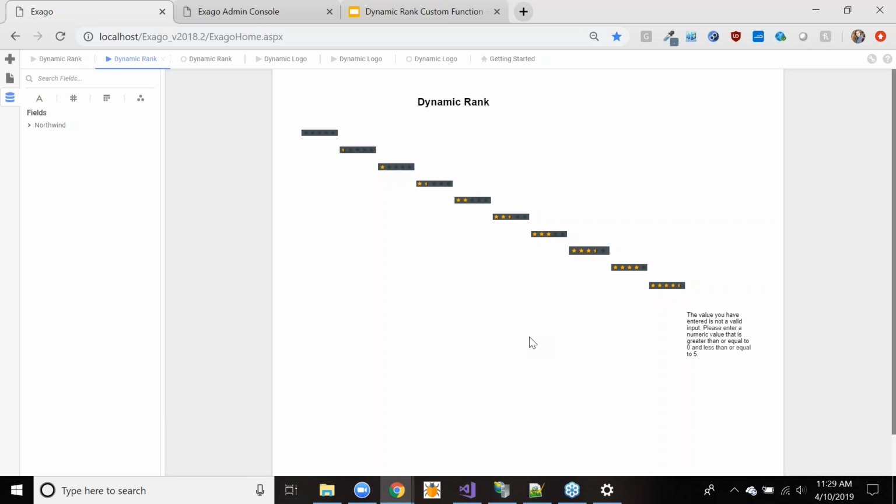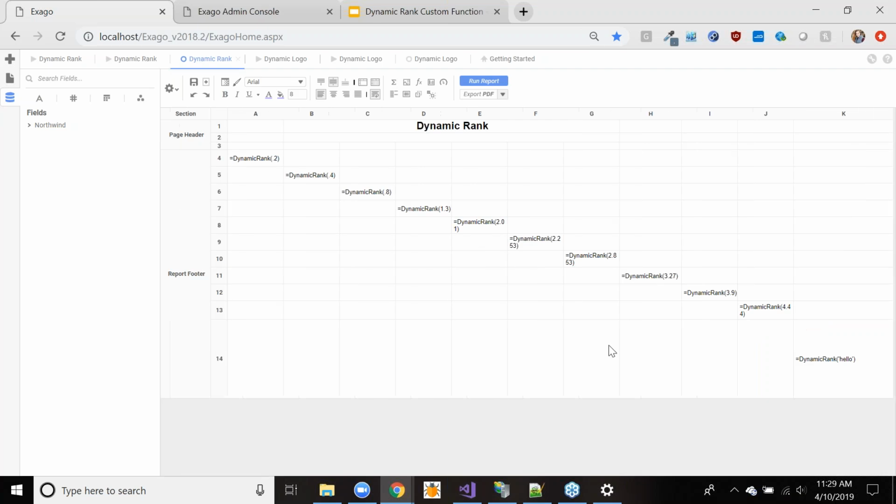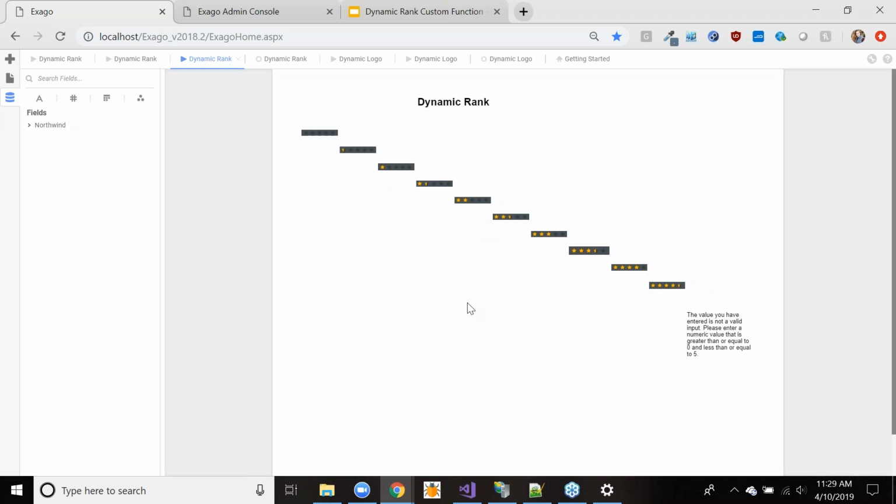Now, in this case, I just input a value that was just out of the bounds. So maybe all I wanted to see there was the second half of this sentence. Specify that it needs to be between 0 and 5. If they enter a non-numeric value, let's go ahead and do maybe a string value here. Maybe I'd like to return a different error message that specifies please enter a numeric value